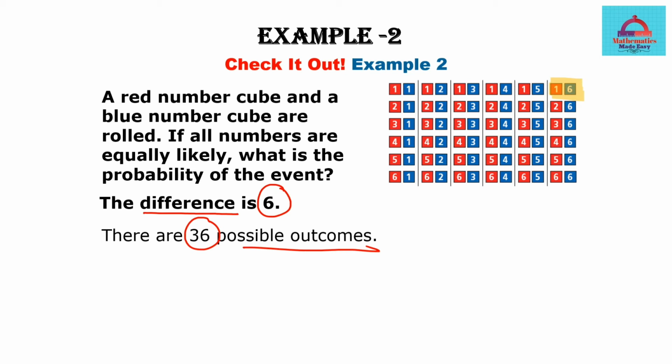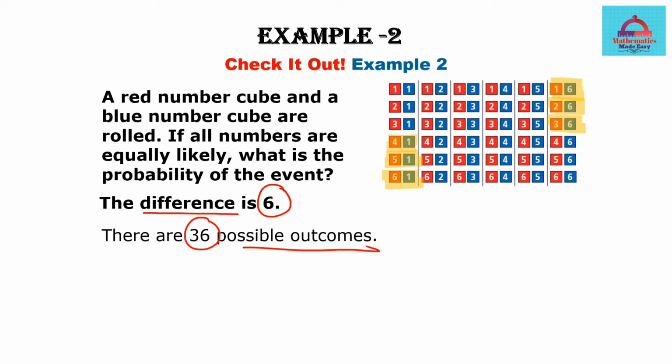Similarly for the other options, 1, 0, 1, 2, 3, and 4. The maximum difference is 4. Similarly, the next row you can see the maximum difference which is possible is coming out to be 3. Maximum difference here which is coming out is 3. Similarly, for the next one, the maximum difference that is possible in this kind of a scenario is 4. In this one, the maximum difference which is possible is 5.